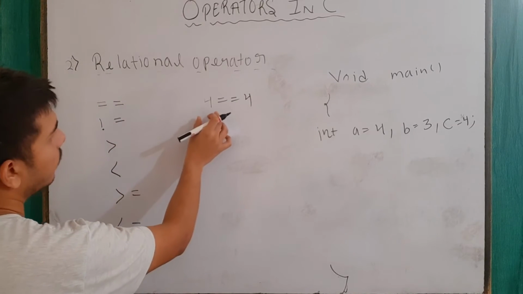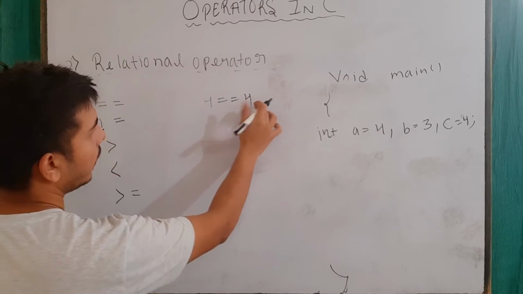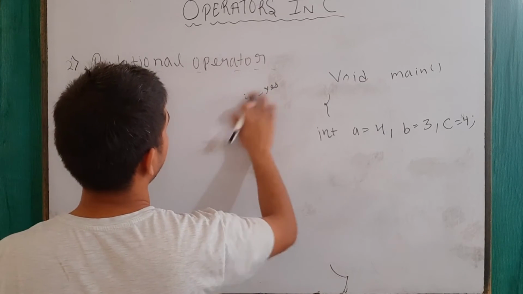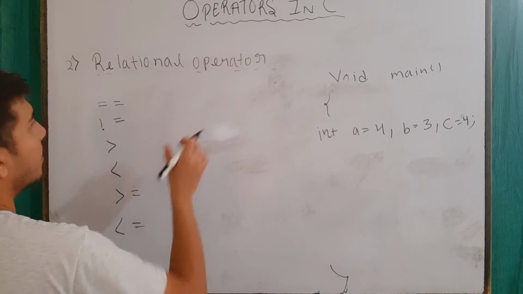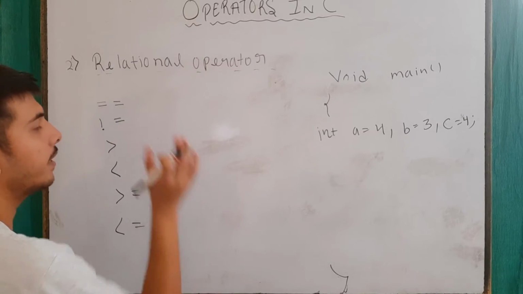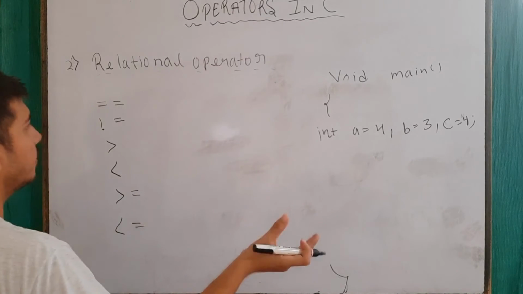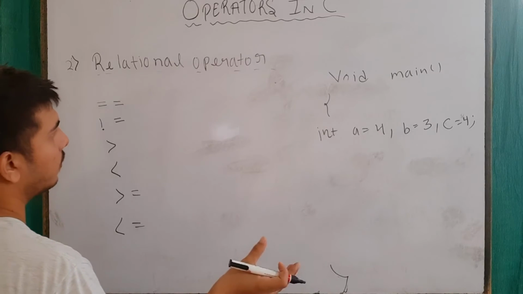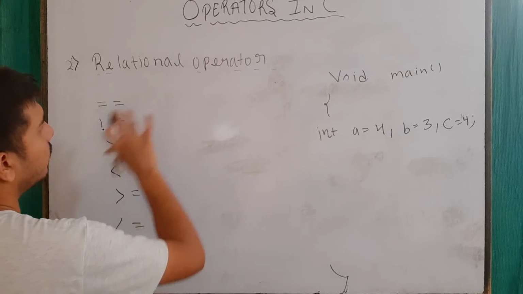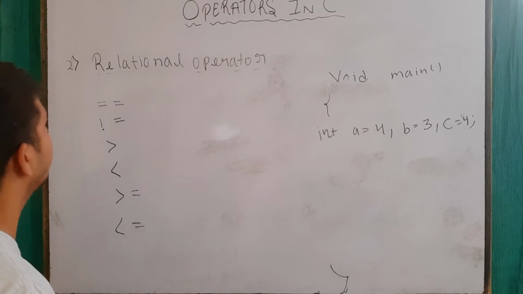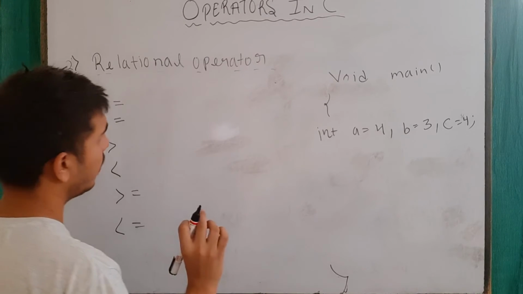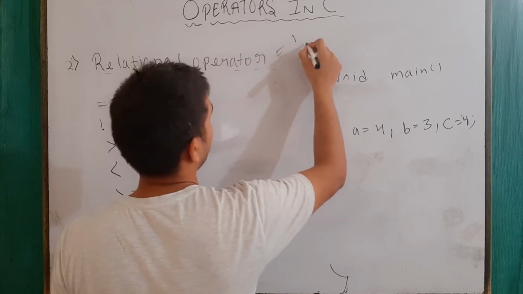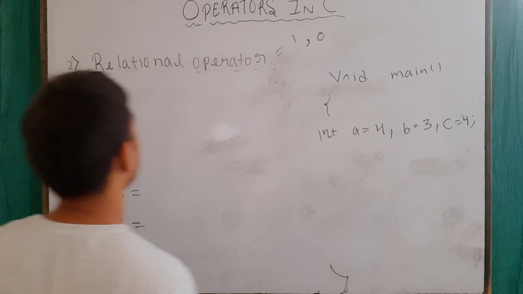That is, 4 is the same as 4, it means that yes it is, okay. So there is some sort of relation between the two, whether they are going to be equal, whether one is going to be greater than the other or the other is going to be greater than the one, whether they are equal or not, okay. So for this representation we use the relational operator. Now first remember that the end result of a relational operator will be either 1 or 0, okay.